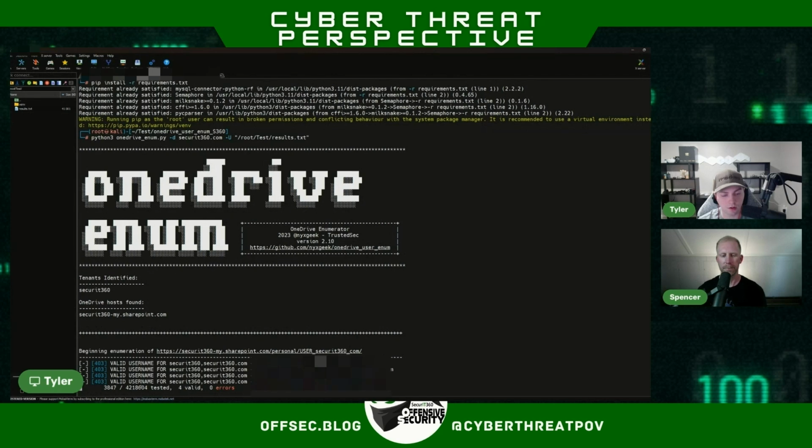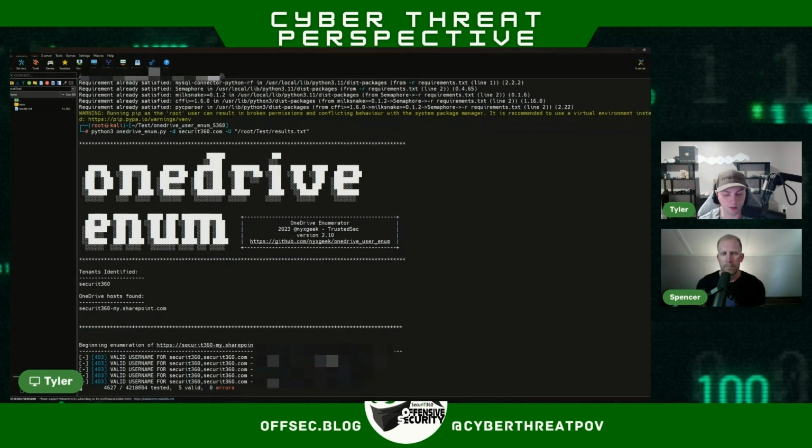However, this is a very, very, very unique and efficient way to enumerate usernames out of an organization. What we see when we run this tool typically is a lot of the usernames, I'd say probably 60% of the ones that we get back from the tool are not ones that we've got from our other OSINT processes, from different spider tools that find these usernames and emails out on the internet. So this is very good for helping us with subsequent attacks, such as our password sprays and things like that, since the more users you have, the higher the likelihood for successful initial access. Yep.